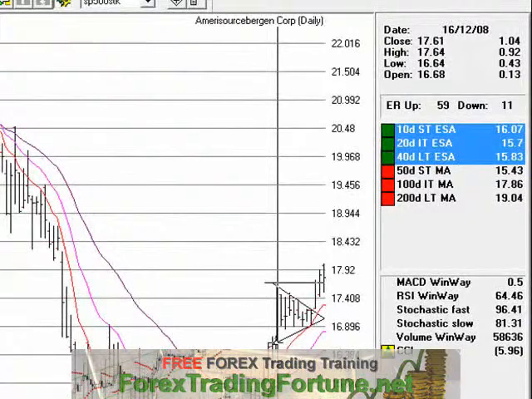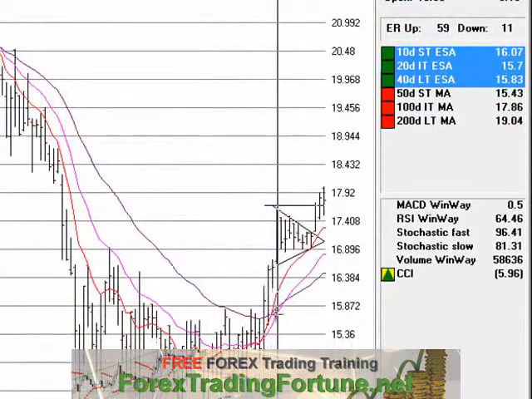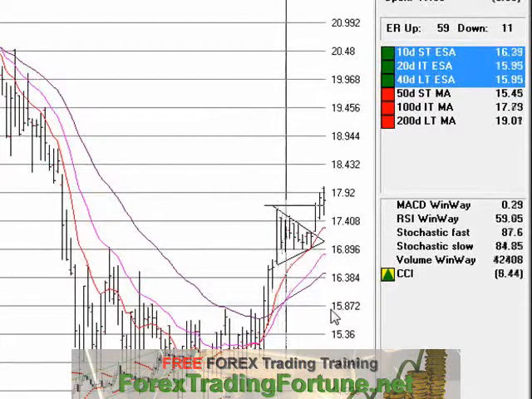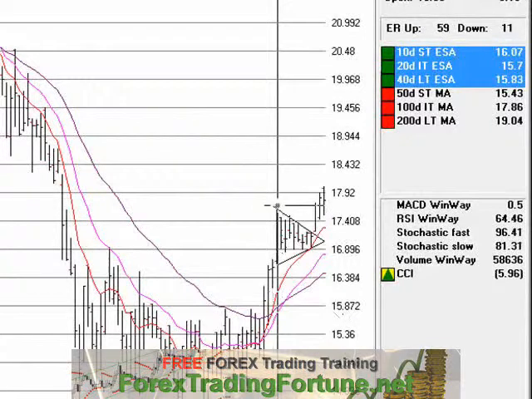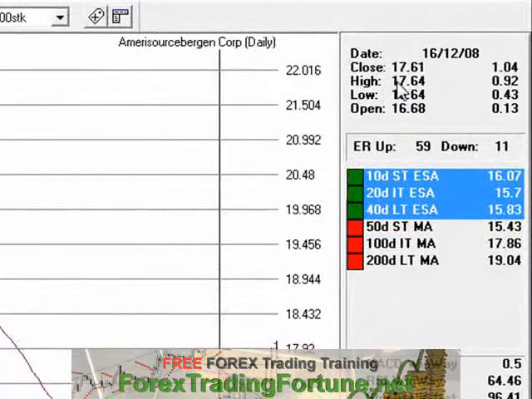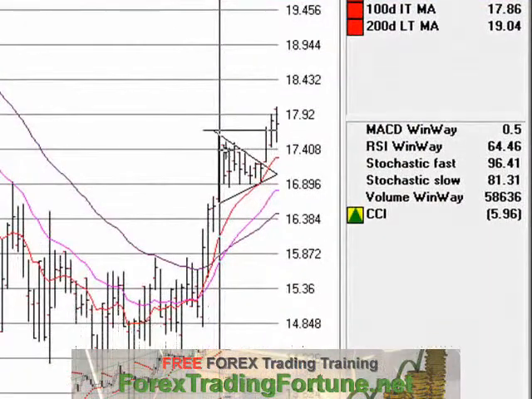and the low of that bar is 16.64. Now let's just do a quick calculation. Okay, that distance is 1.83. This distance here is 1.83. So my target is going to be from the top of this bar here, adding on 1.83, because it should move the same distance up as it did down here. So the top of that bar, which is 17.64, I add on the target, which is this distance, 1.83, and it gives me